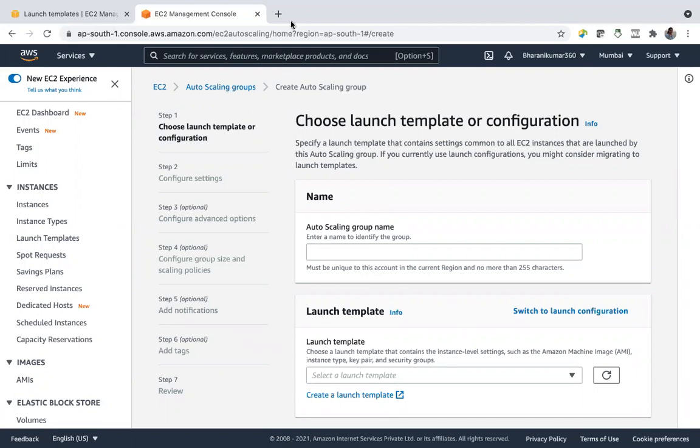Sorry for the disturbance. Yeah, here we have provided a condition, right? Today we will use different policies. So let's create the auto scaling group first.